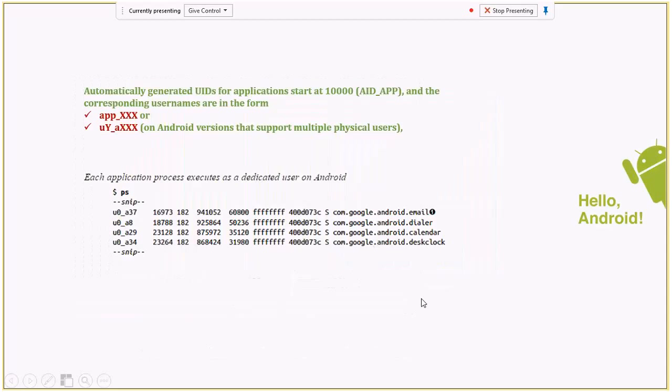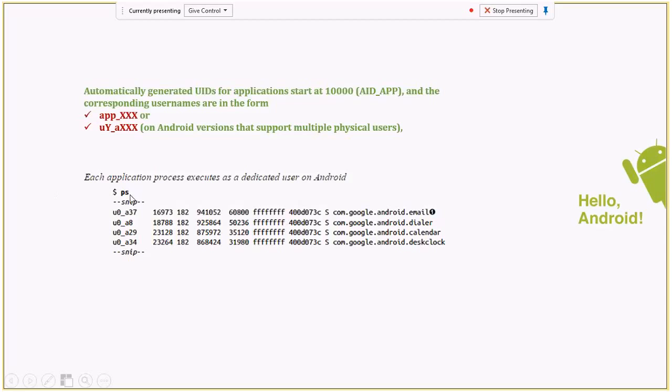Okay, as I was talking about, the automatic generation of the user ID. This is how it looks. On older systems, it used to be app and some three digits, but on newer devices it looks like this. If you connect your Android device with USB to your laptop and do an ADB shell, you get inside the device and can run Linux commands.